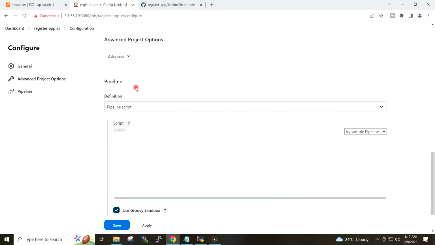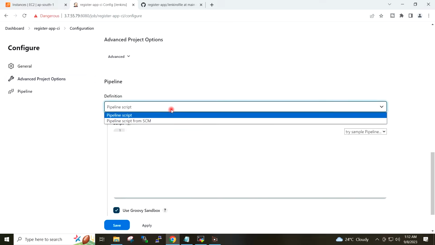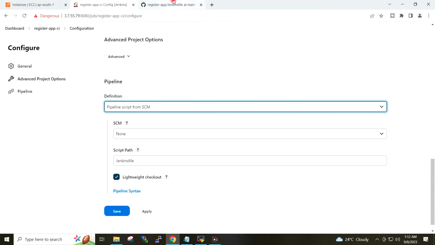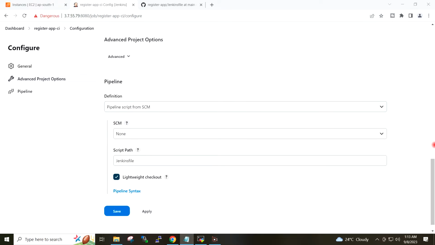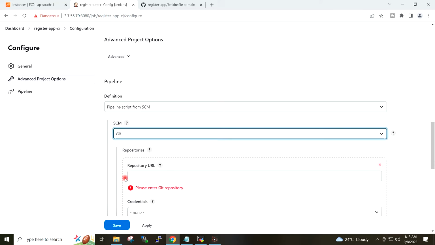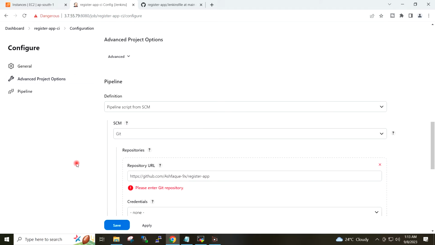Under pipeline, I will select pipeline script from SCM, and I will give my repository URL. SCM git, and I will give my GitHub repository.